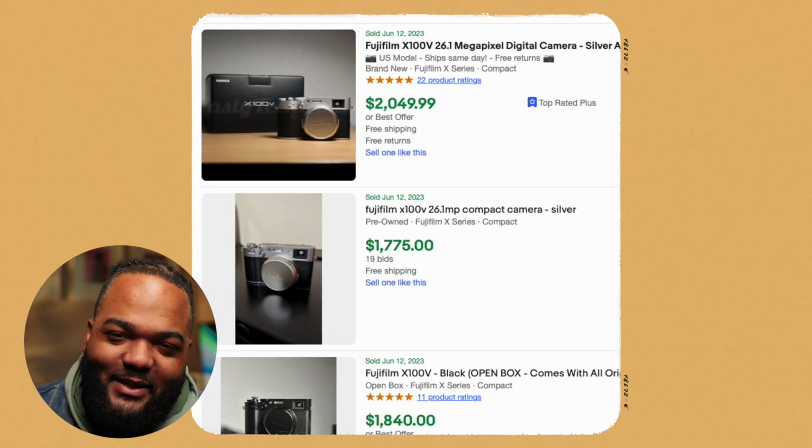I'm not paying $2,000+ for an X100V, which is actually a blessing because I've never really been blown away by the images from the X100V, and I think it really comes down to the fixed lens that's on there. It lacks character in my opinion, and I'm not really the biggest 35mm shooter. I do enjoy 35mm. This is actually being filmed at 35mm. I think it's a great focal length for real life representation of your eyeballs, but I much rather prefer 50mm. It's a little tighter, like the little bit of compression you get. But yeah, I'm more of a 50mm shooter versus a 35mm shooter, so the images from the X100V don't blow